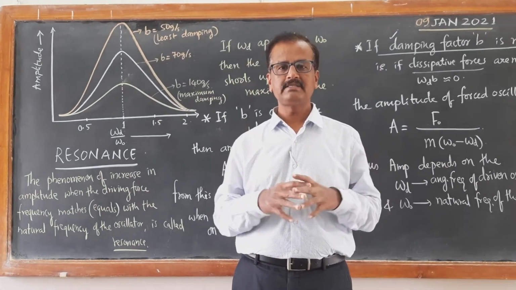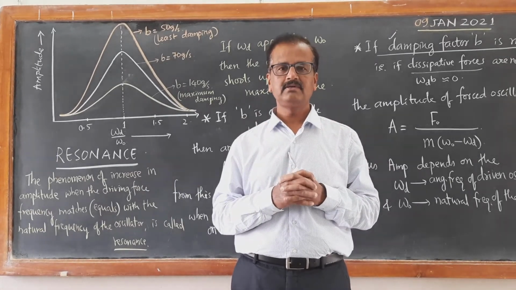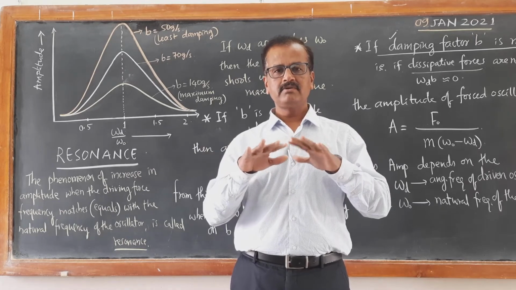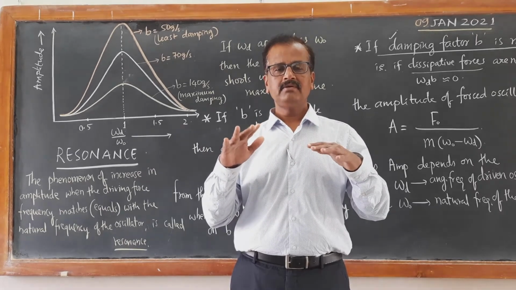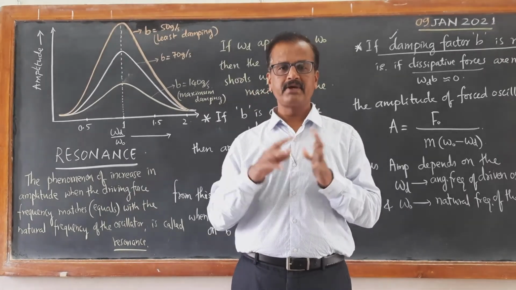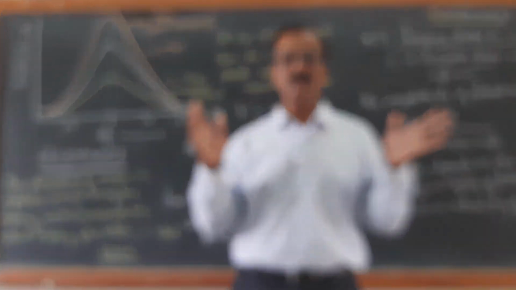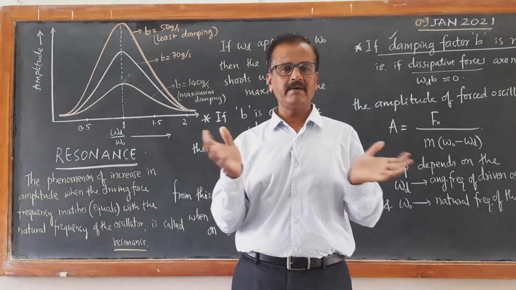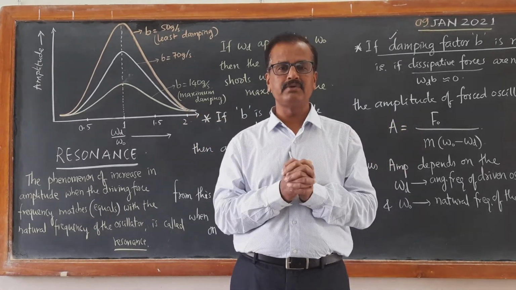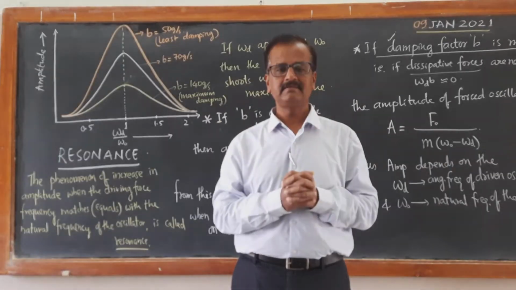Earthquakes are caused by seismic waves. They have their own frequency of vibrations. So the ground, the earth's crust, will have a vibration of the frequency of those seismic waves. When the frequency of these seismic waves matches the frequency of vibration of the buildings, then what happens? The buildings vibrate with maximum displacement, maximum amplitude, and that will cause damage to the structures, damage to the buildings,